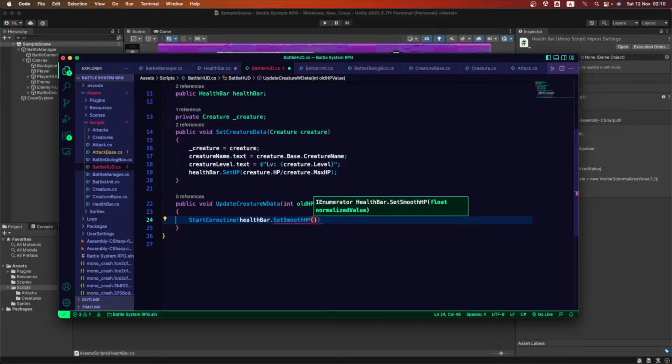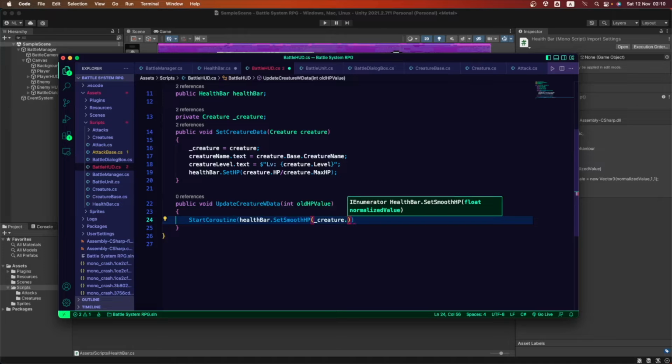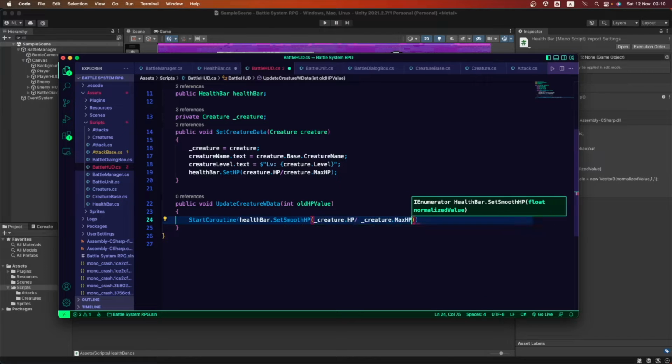Which was the normalized value? It was the creature HP, let's find that one there, divided by the creature max HP. There it is.